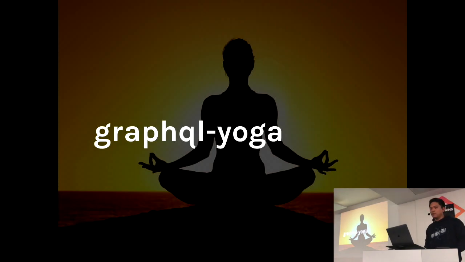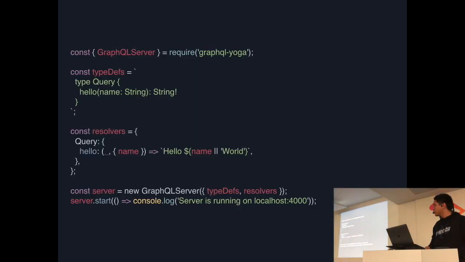It has the new approach where you have your resolvers in one part, and then you have a separate part for the type definitions, and it also has GraphQL Playground baked into the project. So here is a quick example from the docs of how you write a simple